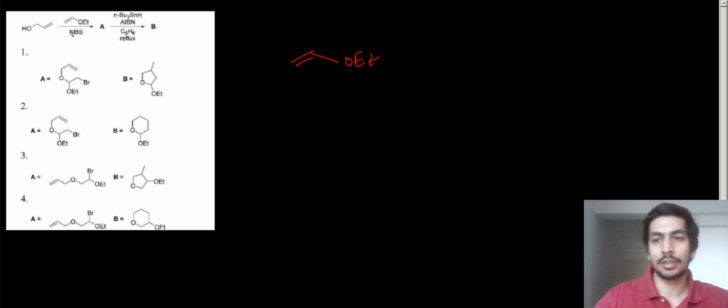Since none of the conditions are given which would show a free radical mechanism, NBS generally acts as an electrophilic source. It can also act as a bromine radical source, but for that the conditions should be there, like photochemical light should be given, or a radical initiator should be given with the NBS, so that we can say it will follow the radical mechanism. Over here nothing like that is given to us, so you can assume it to be an electrophilic source of bromine, NBS, N-bromosuccinimide.